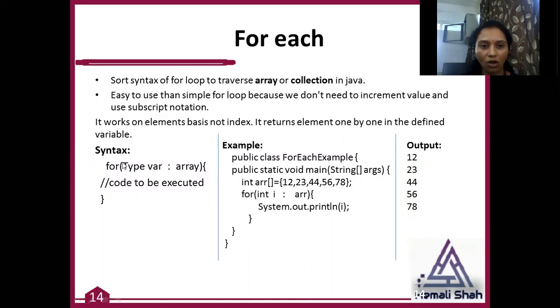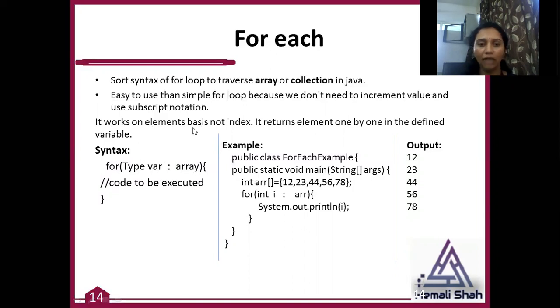Here is the syntax of the for each loop. Here for is a keyword, then you have to use a colon, after the colon you have to use the array variable name, and before the colon you have to write the type of the elements available in the array. That means this array has which type of elements. If it is integer, then you have to write int here, then a new variable name, and you can use this new variable name inside the body part of the for each loop.